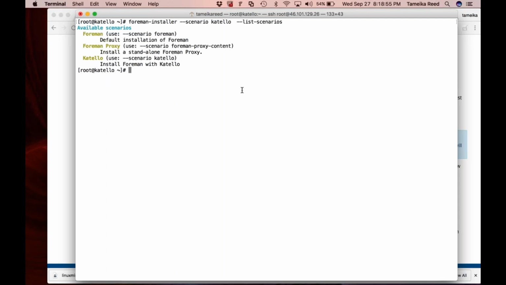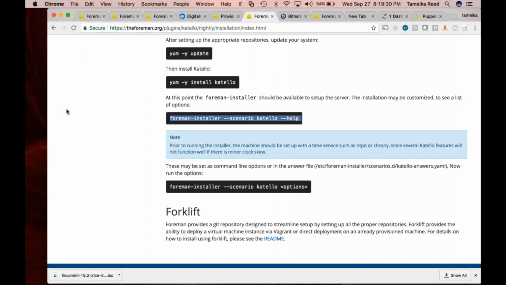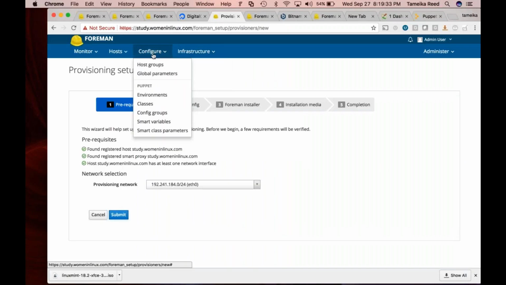So we have Foreman, which is I guess the default. So let's do scenario Katello. Okay. All right. So basically, it's gonna do the Katello. Once it does its thing with the Katello installation, we should get the ability